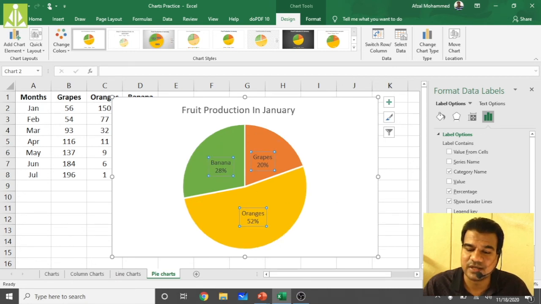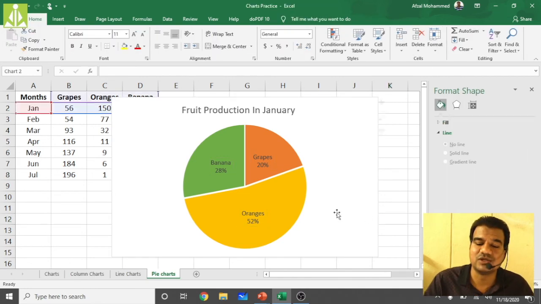So all these things you just check, and all these things they have to come inside or center. So like this you can take, see how nicely it is showing when you are saying center, how nicely it has changed. Hopefully you understood all these things. So this is something about pie charts.